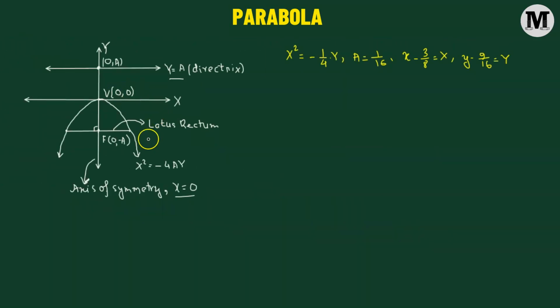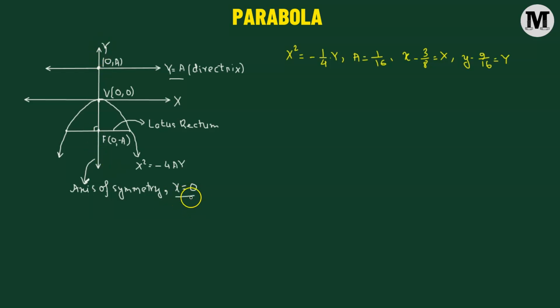So here we have the graph of the parabola x squared equals to negative 4ay, where a corresponds to 1 over 16. Now for this particular parabola, it's a downward facing parabola. Its vertex is going to be at the origin 0, 0. And then we have the coordinates of the focus at 0, negative a. Now the line which joins the vertex and the focus is referred to as the axis of symmetry of the parabola, and for this particular diagram, since the axis of symmetry is along the y-axis, its equation is given by